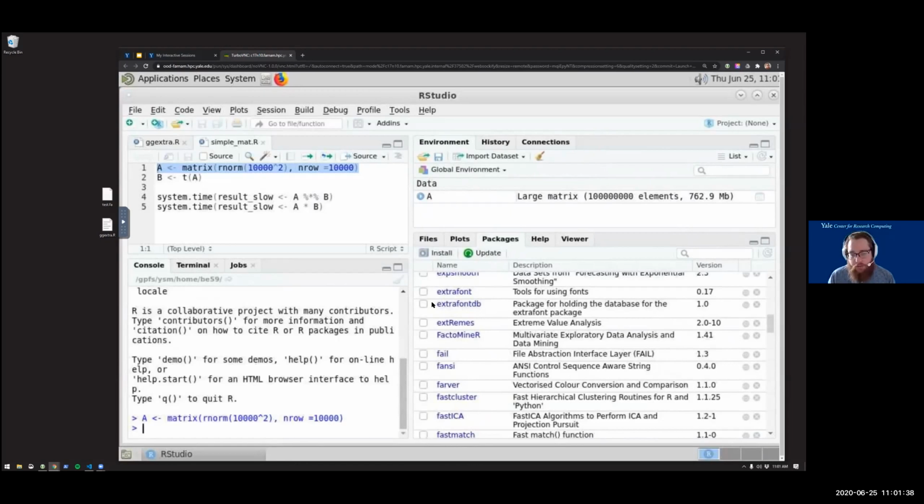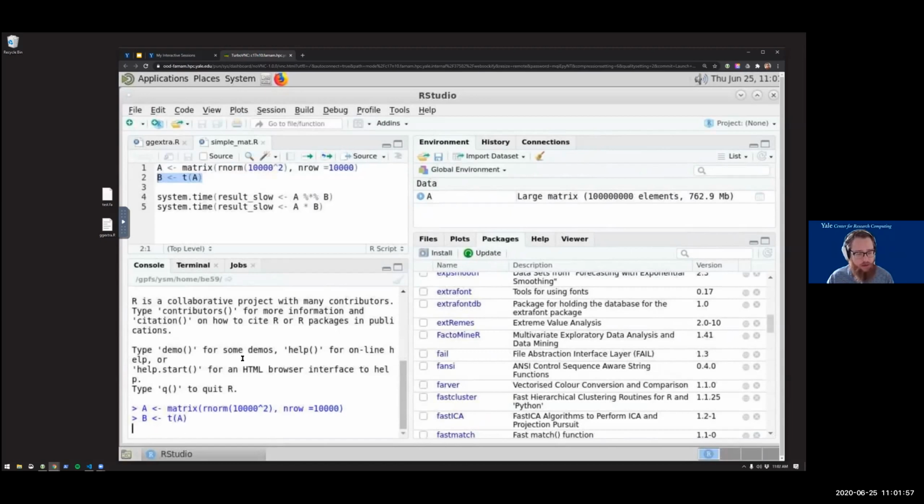And so if I know I'm going to be working with several matrices of this size, I'll know that I can try and start to plan around my resource requests for my job. And so say I just have a transpose of that matrix, and I paste it here. I just copied and pasted, and there's another one, and surprise, it's the exact same size.